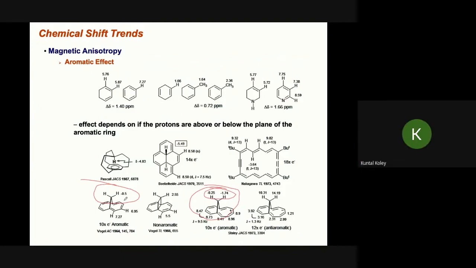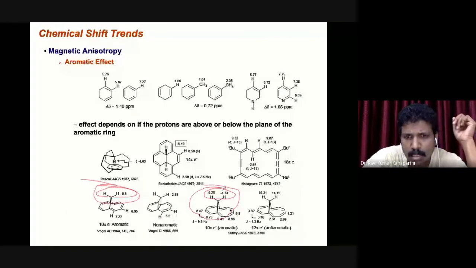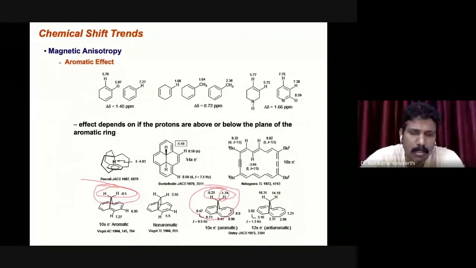The chemical environment on both sides is the same, whereas for this proton, on one side you have two double bonds, but on the other side it has three double bonds, 1, 2, 3, 4, 5, so 5 carbon atoms. This side you have only 4 carbon atoms. It is an asymmetric molecule, right? The electron cloud here has 3 bonds on this side, and only 2 bonds on the other.